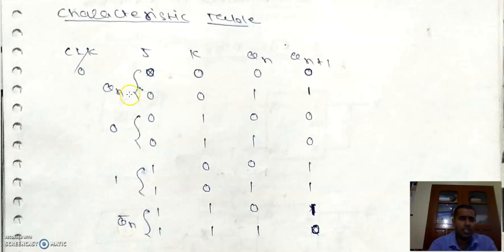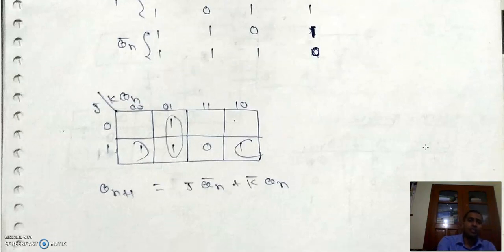Otherwise this one is our characteristic table, and depending upon the characteristic table we make the characteristic equation. So if we make the characteristic equation of the JK flip flop in SOP form, then we enter the 1. Okay, here we have entered the 1. So one pair is this one and one pair is this corner, so there are 2 pairs. This one is represented by K bar Qn, and this one is represented by J, and here this 0 and this one will cancel. So J Qn bar. Okay, so Qn plus 1, that is the characteristic equation, is J Qn bar plus K bar Qn.